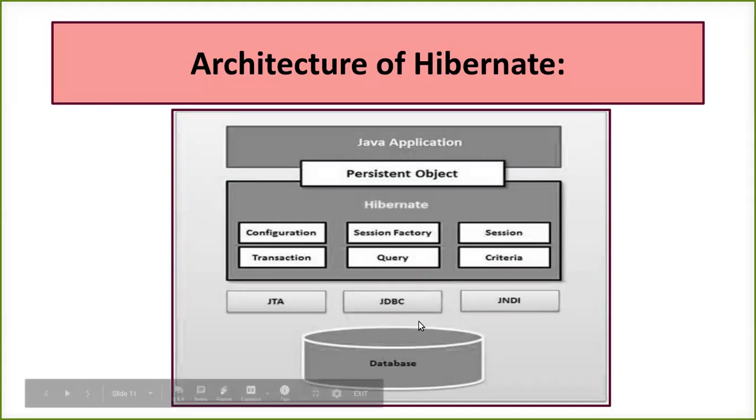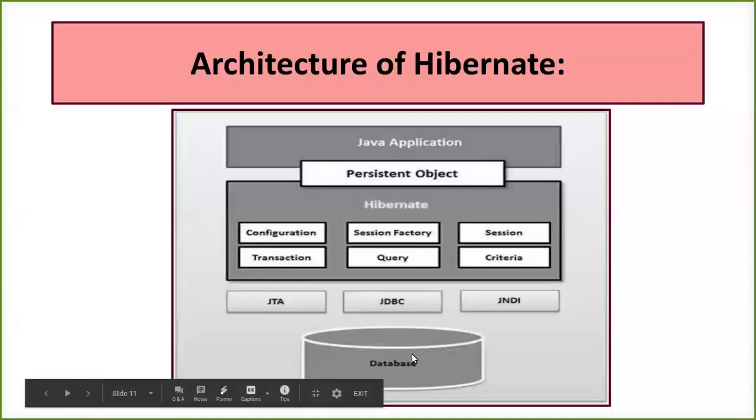Okay, so this is your ORM tool, Hibernate. So how many steps do we have for that conversion? That is configuration, session factory, session, transaction, query, and criteria. So now there are six levels through which the object needs to pass. These six levels are inside the Hibernate ORM tool. It's not a part of your concern. It is already designed in such a way that it is going to work automatically with the object's data.